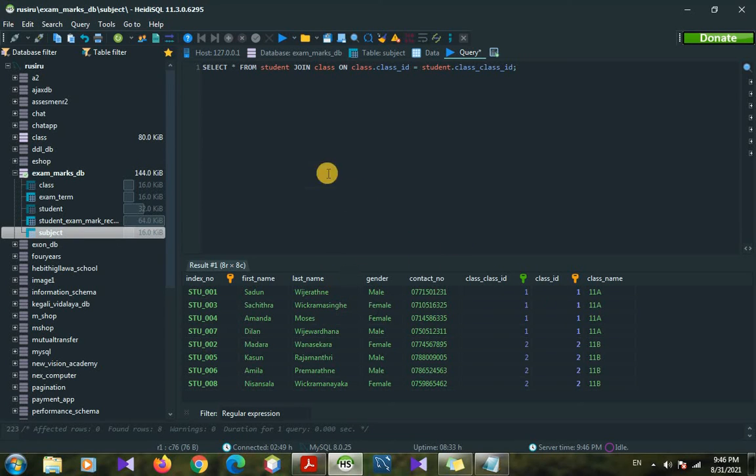So here we can remove these two columns by removing this asterisk mark. Then here we can give student table dot contact number.